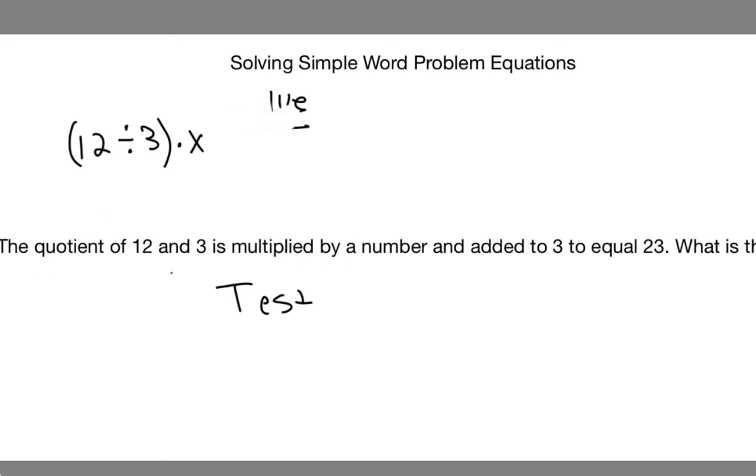And get rid of that. Okay, 12 divided by 3 is multiplied by a number and added to 3 to equal 23. What is the value of our variable number? So first, let's just solve 12 divided by 3. We know 12 divided by 3 is 4, and 4 times x, and then